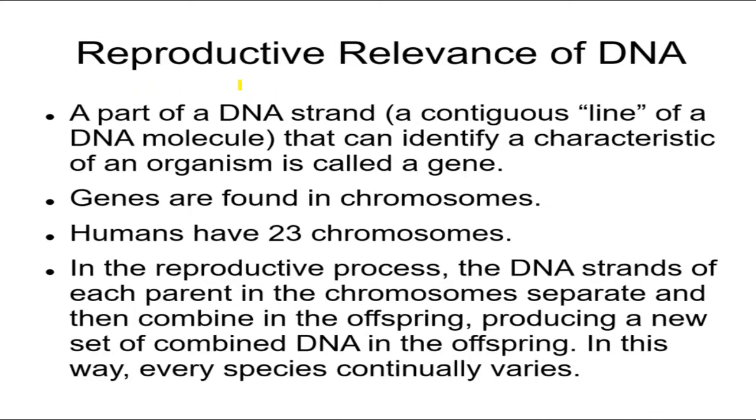So the way it is, you take a DNA strand. The strand is like a continuous line of all these billions of base pairs. Part of that strand, that we understand, identifies a characteristic. Let's say make a protein, or let's say fast